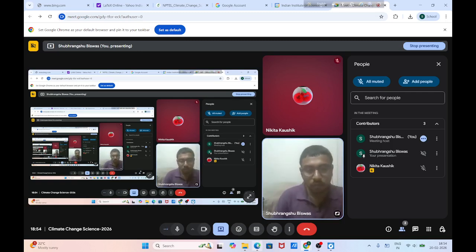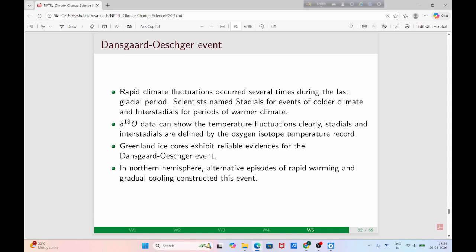No problem. Delta 18O means the atomic weight of oxygen is 18, and it is compared to some other isotope. The most abundantly found one has the atomic weight of 16. And 18 is not that abundant, it is rarely found. But the differences in the atomic weight happen due to several reasons, and one of the reasons is the temperature. So if we can somehow fit that data and calibrate it,